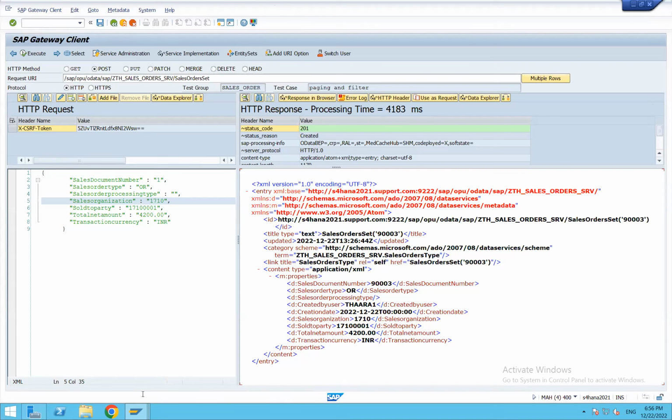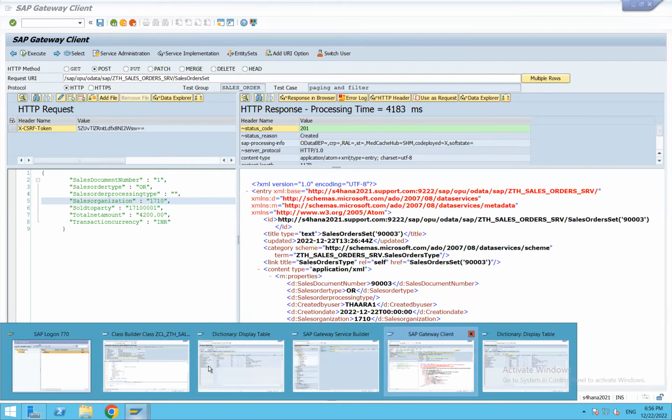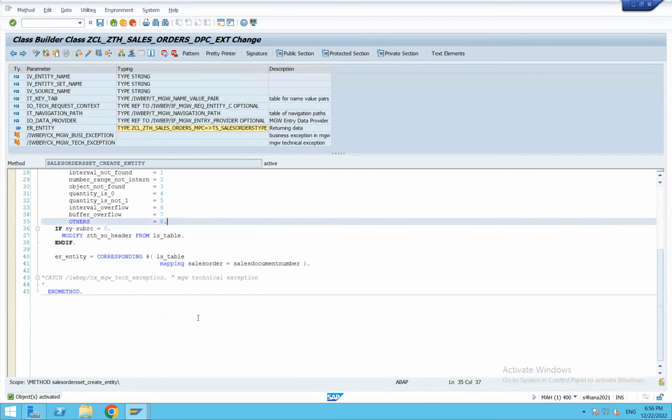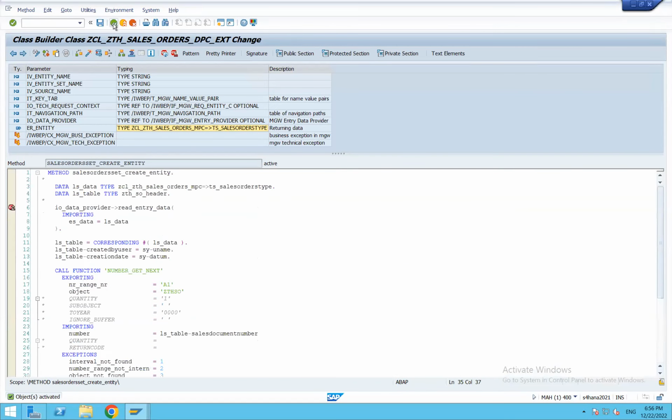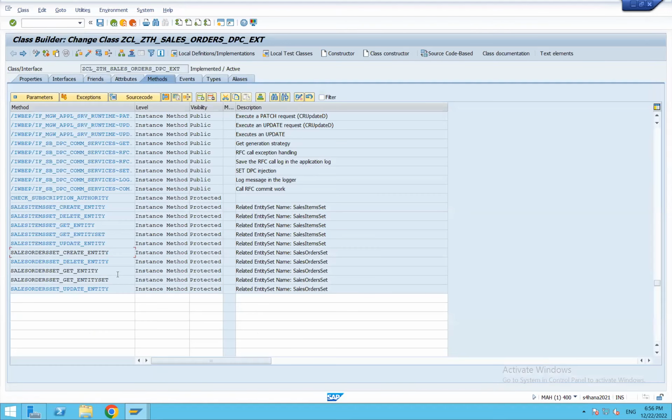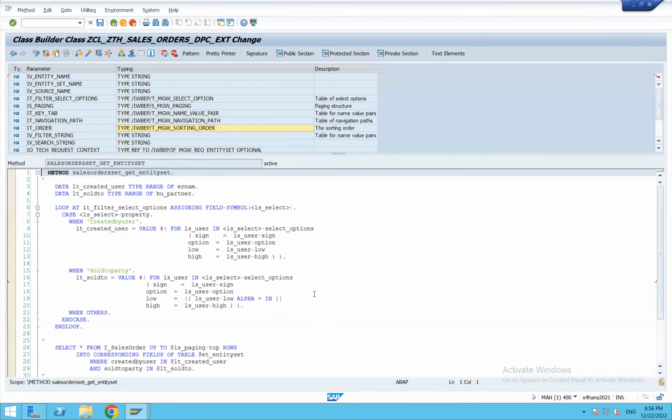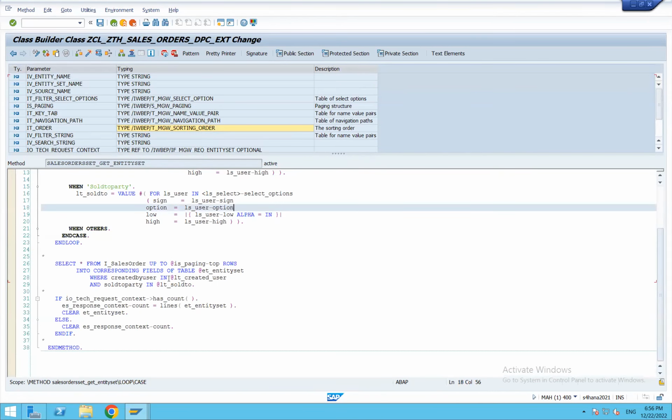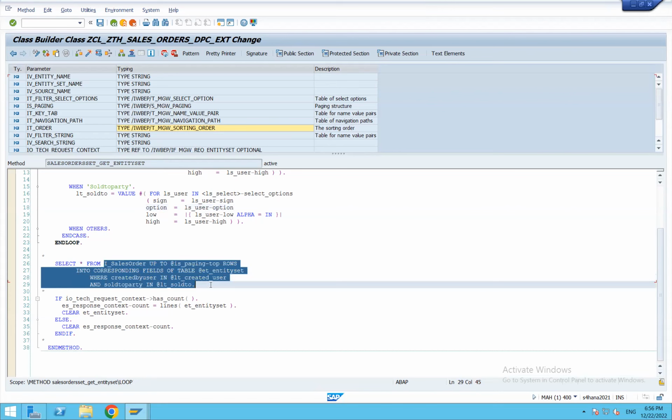So accordingly, we may influence our get entity set logic here, get entity set and get entity logic. So right now we have a combination of standard sales orders and custom sales orders. So now in this case, we might need to club both of them. So right now, if you execute,